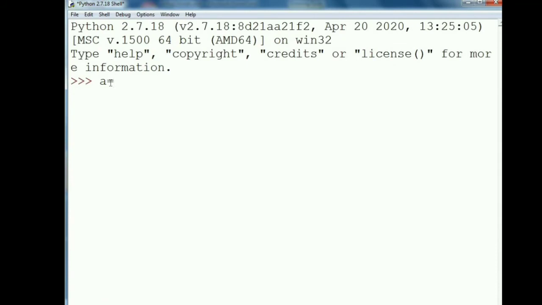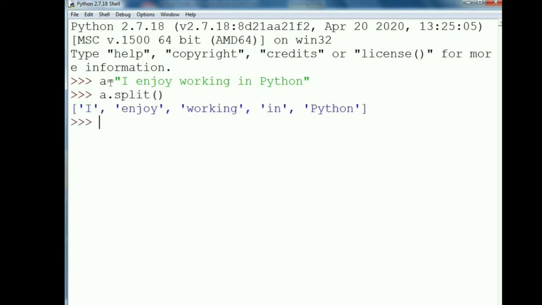Now we will see the working of the split and partition methods by using an example. A is equal to "I enjoy working in Python". Then if we split it, a.split() will have 5 words in the list: I, enjoy, working, in, Python.